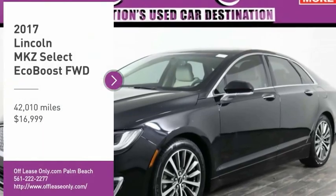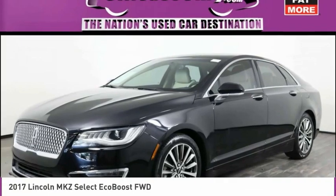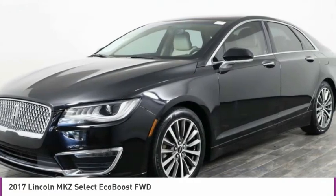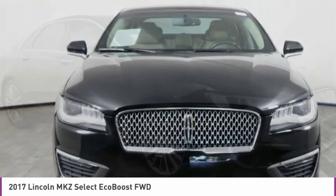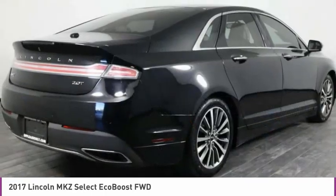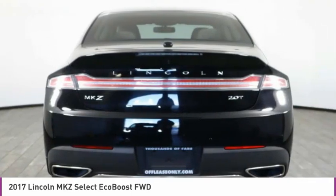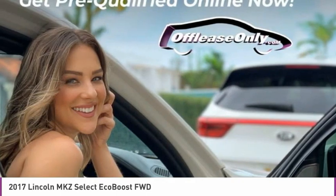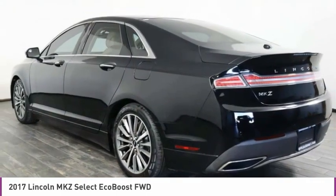Make a great choice today with the 2017 Lincoln MKZ. With sharp angles, sleek lines, and a sculpted body, the Lincoln MKZ has an impressive stance and a dynamic design. Add that to the clean modern interior with standard features including rich leather, exotic wood, and a sophisticated assistant that responds to the sound of your voice, and you'll see the MKZ offers a new dimension of luxury and is